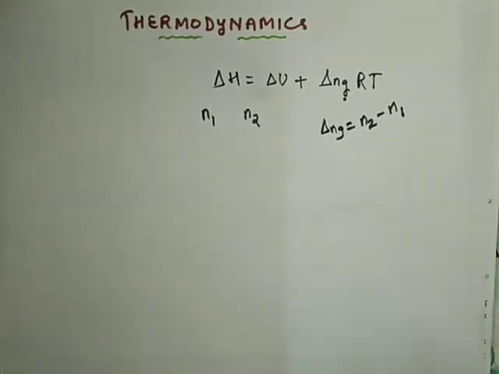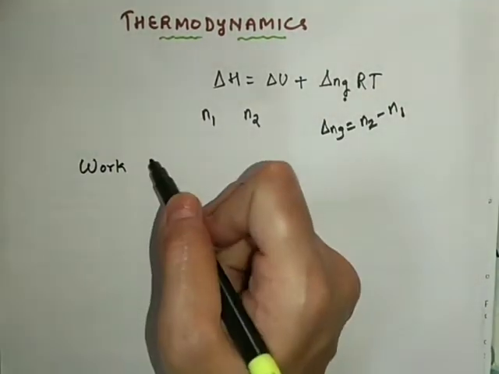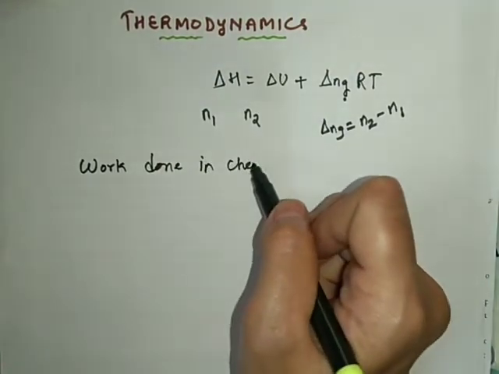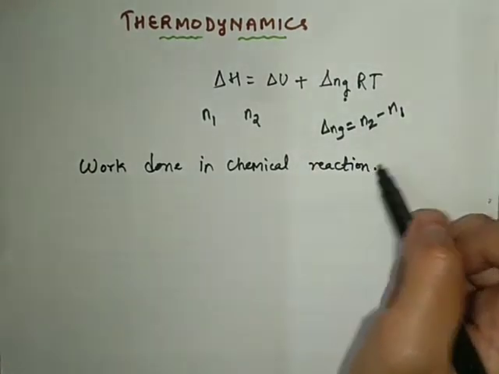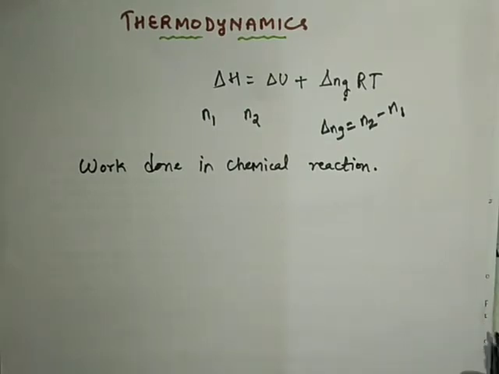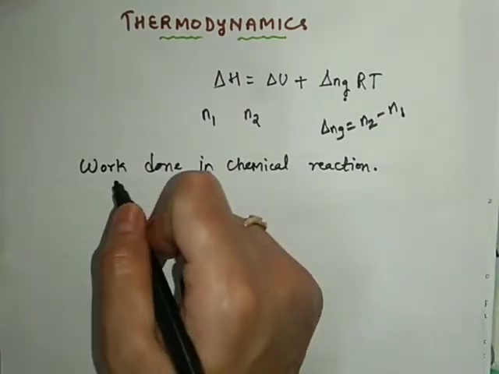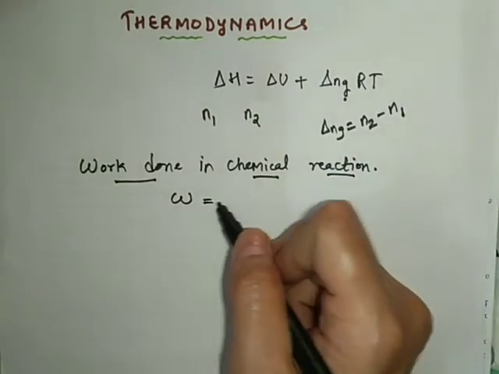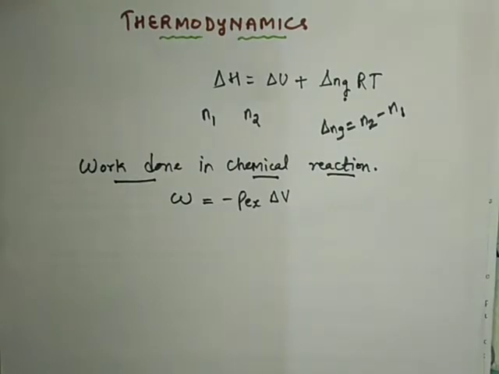Now we will derive the work done for any chemical reaction. So the next concept is how to derive the equation for the work done in a chemical process or in any chemical reaction. Obviously it will be done with the help of all the above equations which we have already derived. Now we remember that work at constant pressure and temperature was given by minus P external into delta V. I hope you remember this equation.